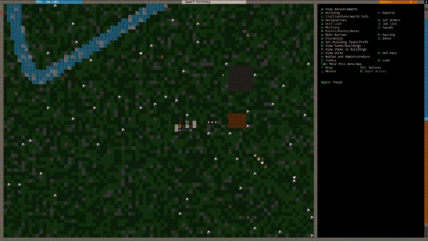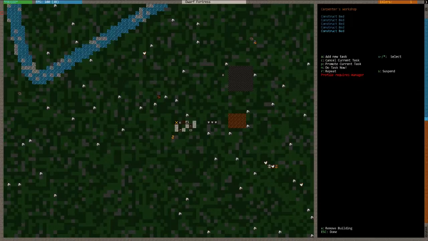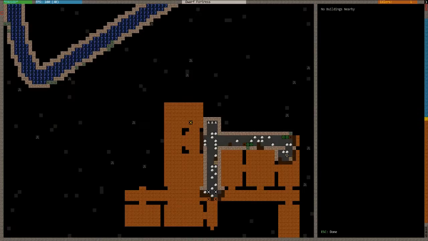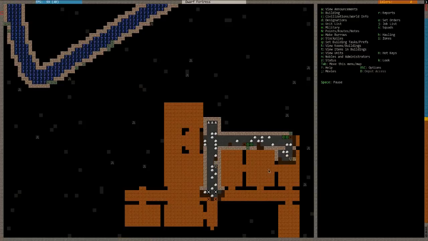So, alright, start making beds, like lots of beds, and you start making doors, lots of doors. So what we're gonna do is block off this room once it's built. This room is going to be our cooking stuff, and let's let them go while we're talking. Once this room's built, we're going to block those off with doors so that I can turn that into a